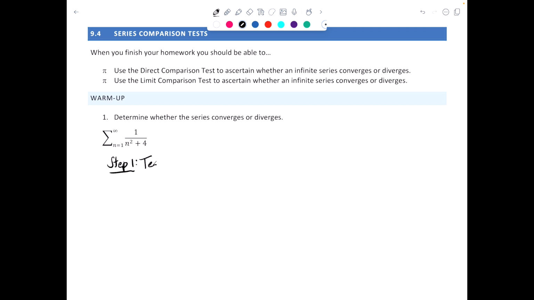Our test is the integral test. Step two, conditions. So we'll write out our related functions. So if f of x is equal to 1 over x squared plus 4,